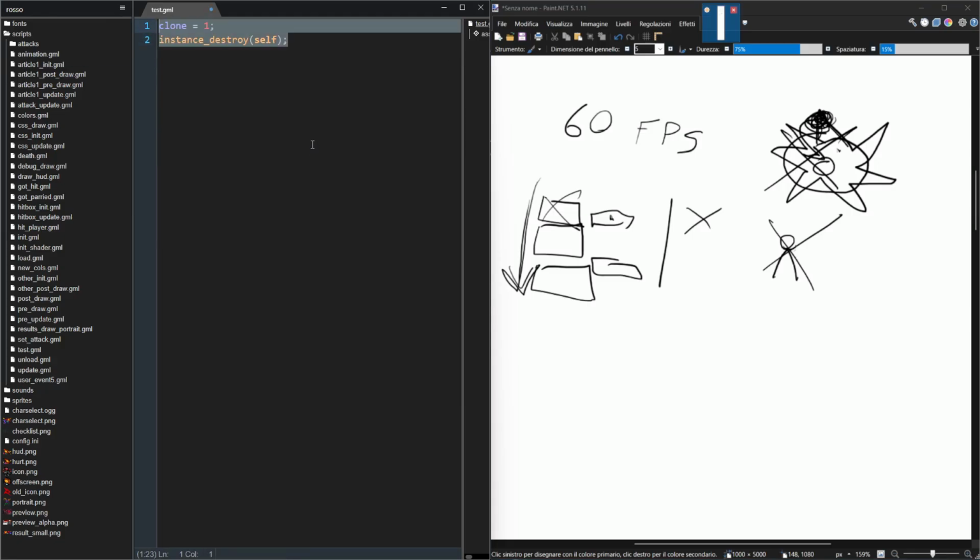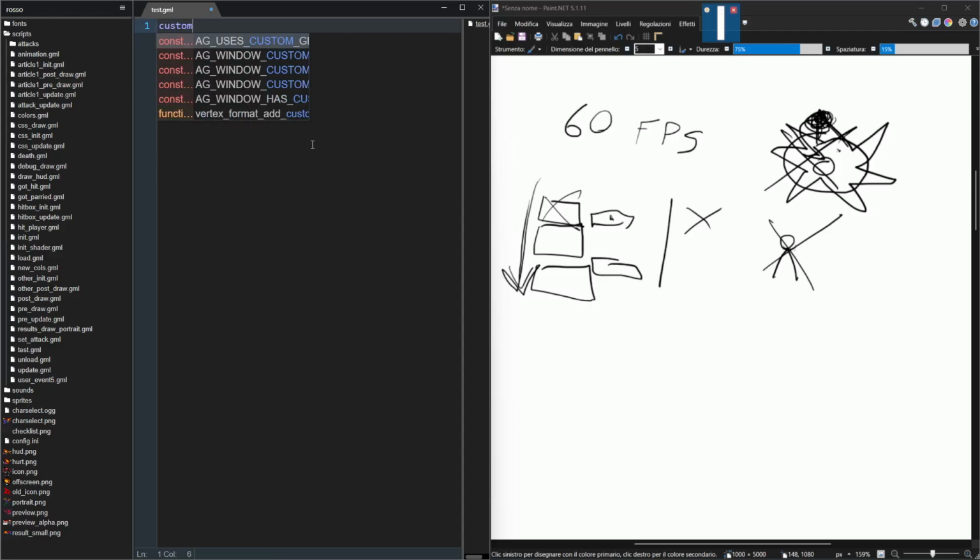This will actually delete my player object because the clone variable is used by Forsburn clones to tell the game it's a clone, and it allows the basic deletion clone, or also custom clone, which is the version that doesn't run the Forsburn clone logic. Now let's talk about a very important statement, which is related to object parent macros, which